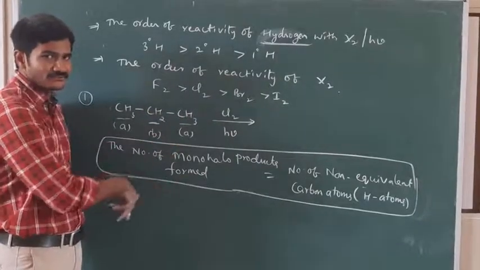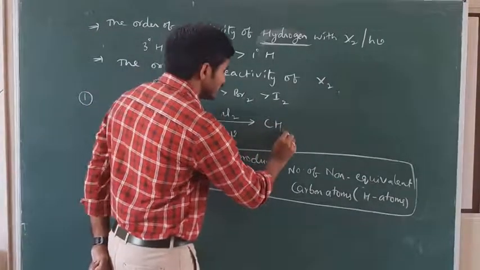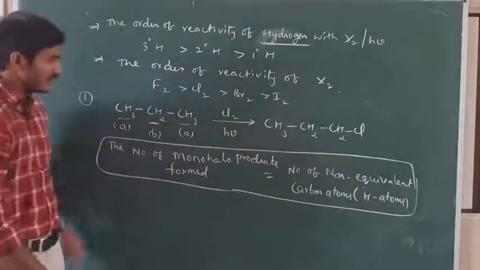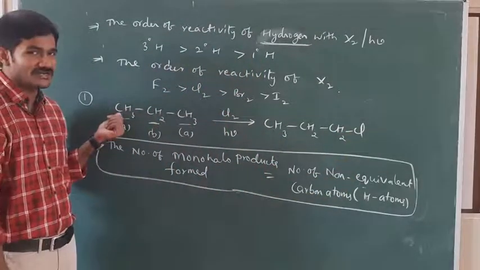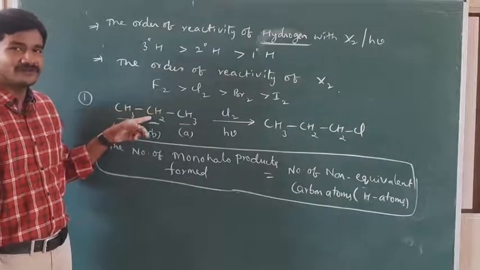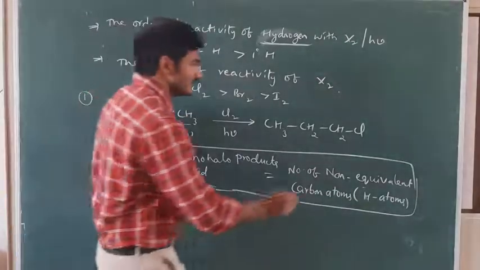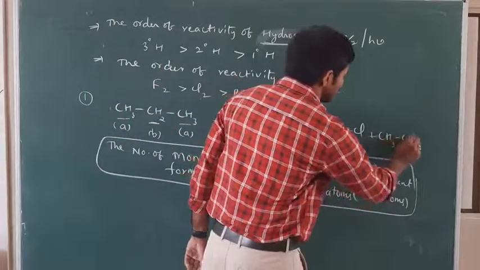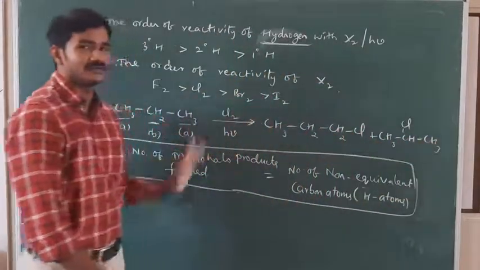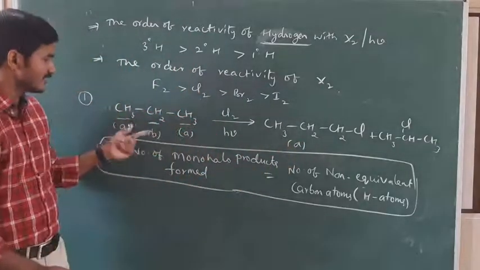If on this CH3 you replace one hydrogen with one chlorine, it is a theoretical substitution. One hydrogen is replaced with one chlorine, so we get CH3, CH2, CH2, Cl. Not only at this hydrogen, you can also substitute at that hydrogen, because both are equivalent. And what about the CH2? It is different. One hydrogen from it is substituted with one chlorine, so the product is CH3, CHCl, CH3. Two products, because at carbon A we substitute one chlorine, and at B we get one chlorine.